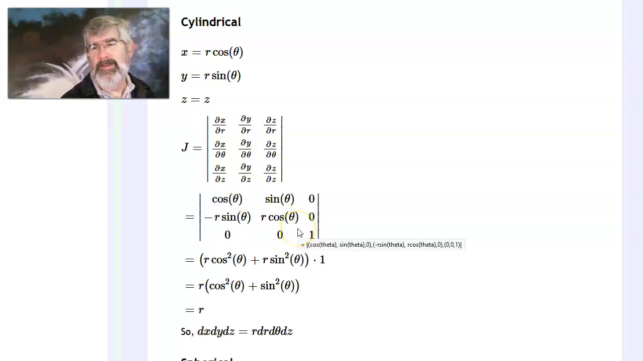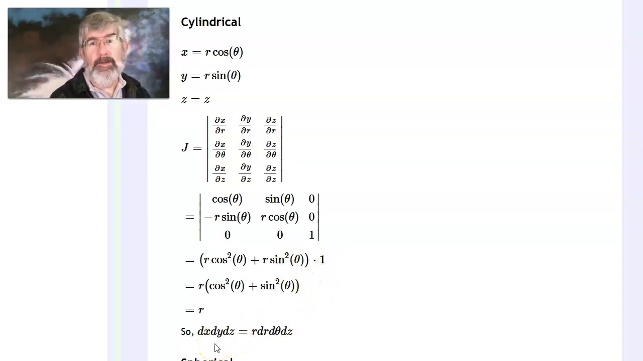Okay, so it looks like this. And sure enough, expanding down, say expand across this bottom row, 0 times something minus 0 times something plus 1 times the subdeterminant right up here, and we get the r that we had before times 1. Okay, so dx dy dz, when converted to cylindrical coordinates, becomes r dr d theta dz. And there you have what we saw